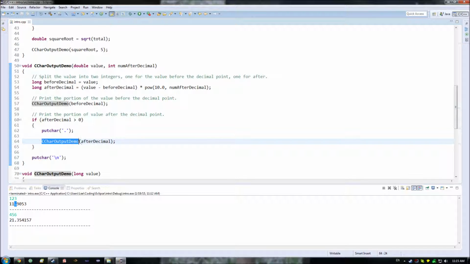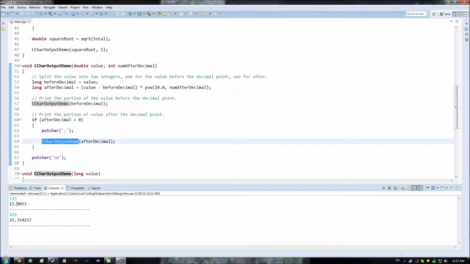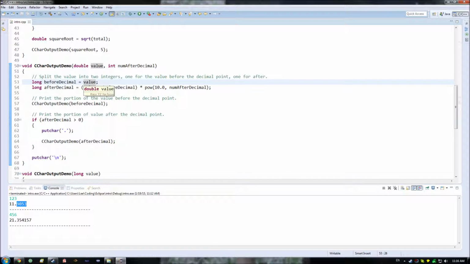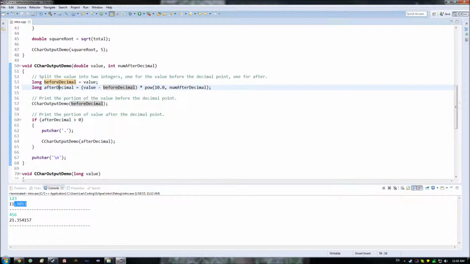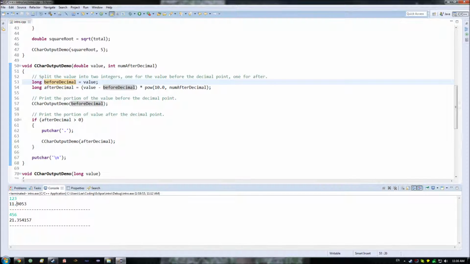And we just use the exact same operations, this function down here, on both of them. However, to split them up, and this is a very simple thing you can do, you have to figure out what's before the decimal and what's after the decimal. The way you do that in programming is that you have some double value, then you convert that to a long, or an integer, or a short, or something else, and that'll give you whatever's before the decimal. It'll truncate it and cut off all of this. Then what you can do after that is subtract whatever you get from converting it to an int or a long from the original double. And that's going to leave you basically with